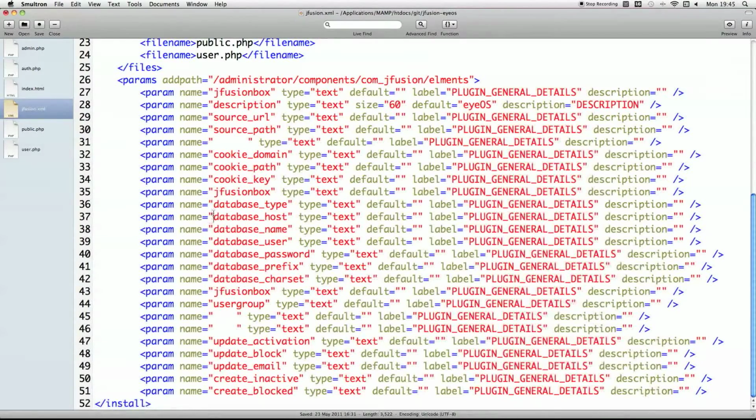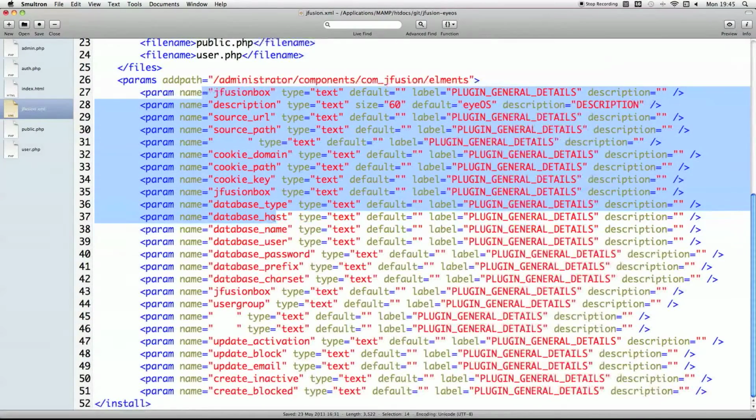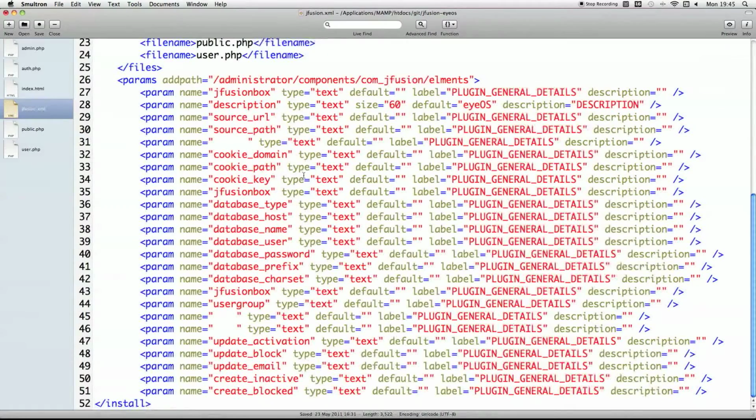when you're configuring this plugin in the back end, where this parameter is here for database type, and the type is text, there'll be a text field when you go to configure it, and if the information is already there, it'll show your database type and allow you to edit it, and just all the other configurable properties you'd want to make sure that JFusion works correctly with the software you're aiming at. So